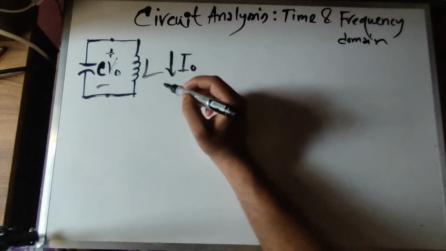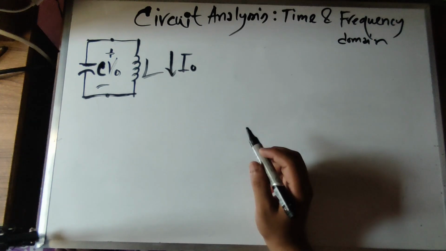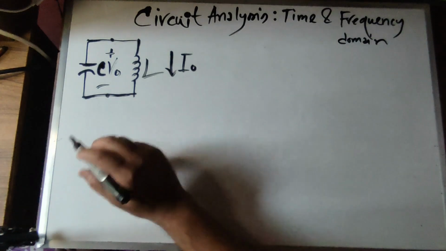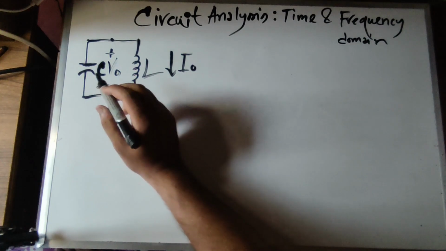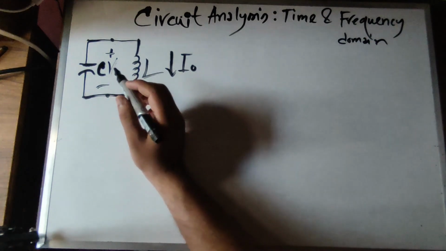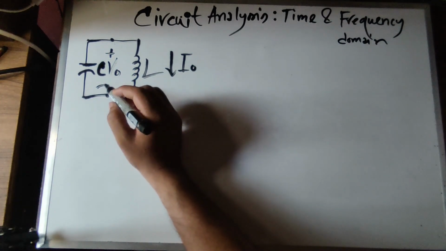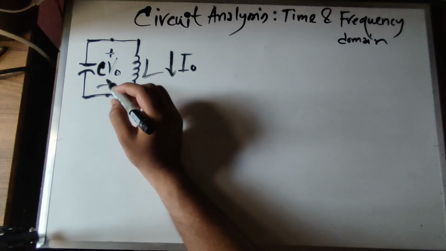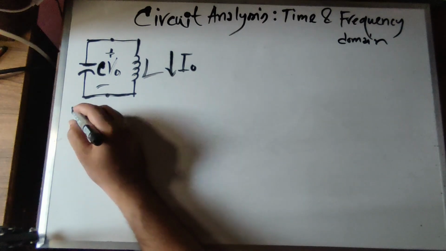inductor. So we know that, or some of you might not know, that the LC circuit has two dynamic elements. So L and C, these are two frequency dependent and dynamic elements. So because of this, this LTI system will generate a linear differential equation with constant coefficient of second order. So let's get started. So in time domain,